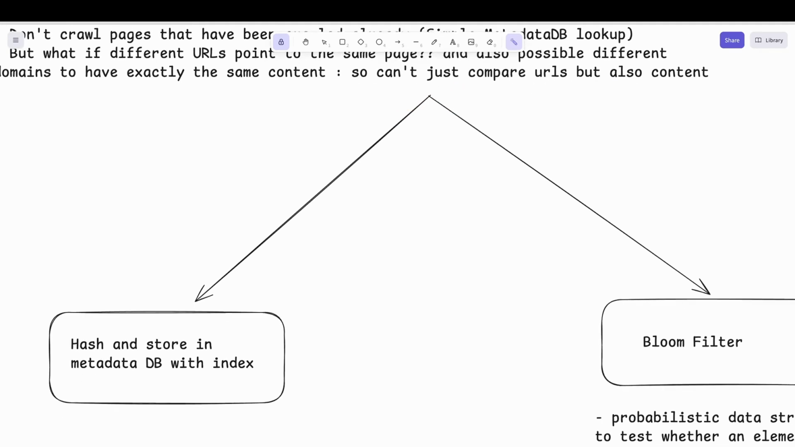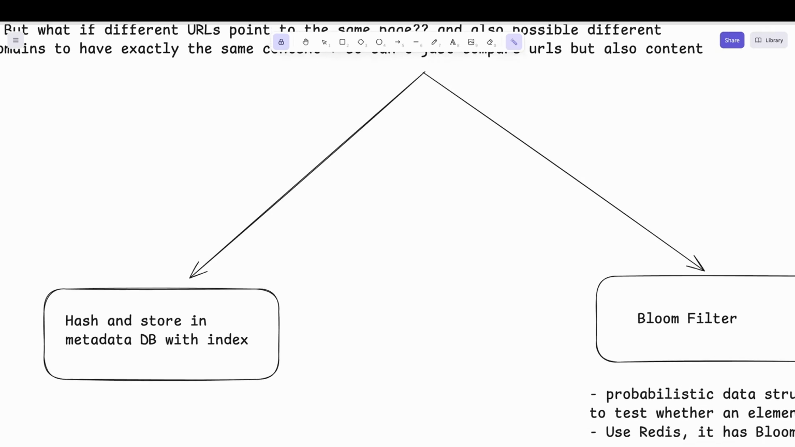The simple and straightforward approach, which is mostly preferred, is this: we hash the content of that specific web page and store it in our metadata DB with an index. So that when we pass something new to the parsing workers, we hash it again and see if there is a lookup match, and accordingly proceed or not. For that I'll just add a global secondary index in our metadata DB, with an index column for that